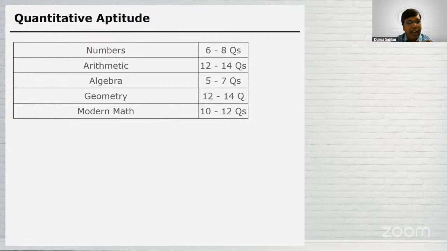Now, arithmetic had a lot of questions ranging from profit loss, ratios. Then there were questions on simple and compound interest, averages, time, speed, and distance. In fact, interesting thing, looks like in both the sections, that is both verbal ability as well as quantitative aptitude,